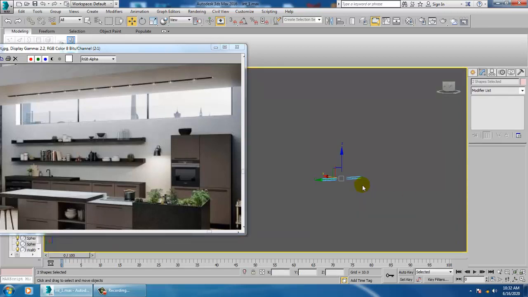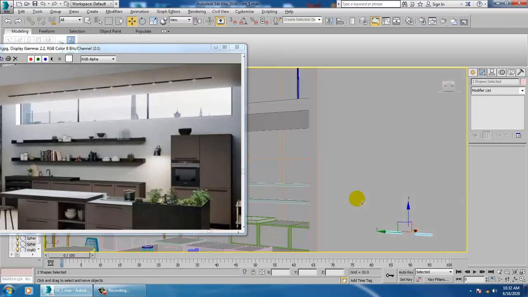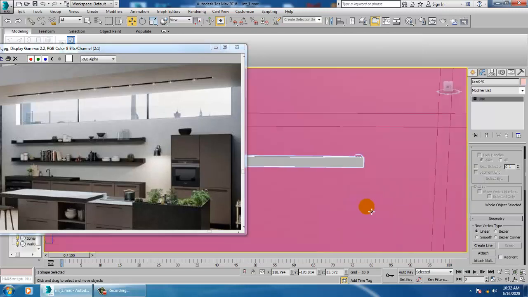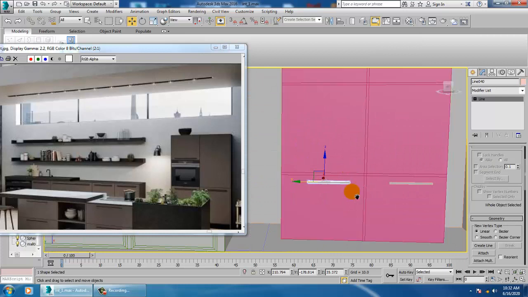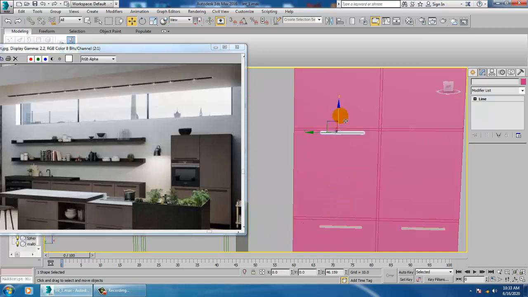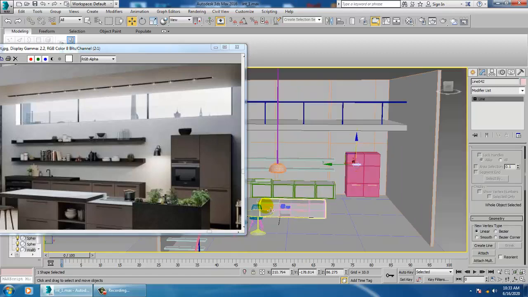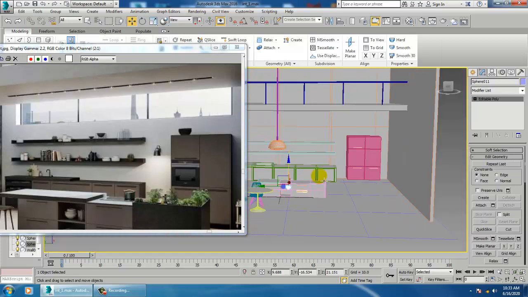Save your file. Again shift and drag, push this up. Now we have this ball, the same ball kind of.